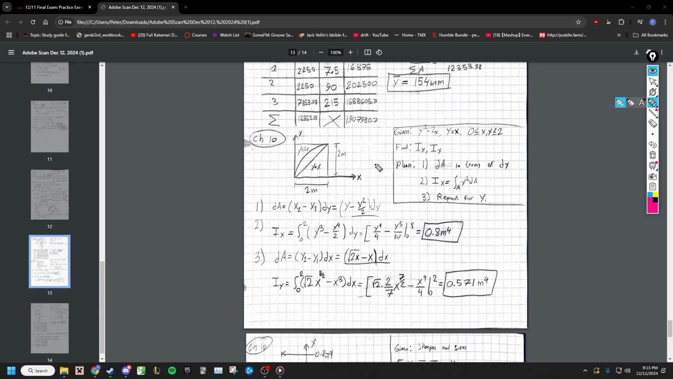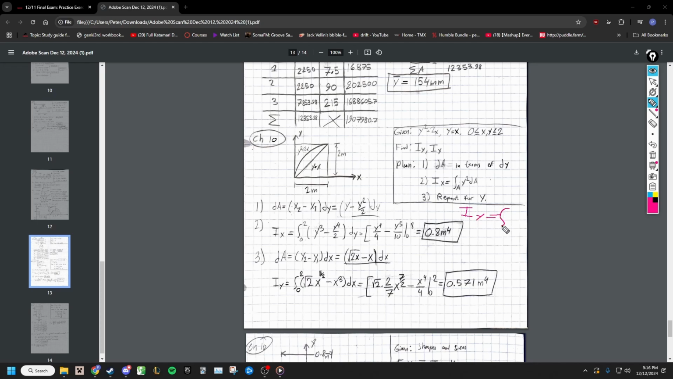In this problem, we're asked to find the moment of inertia with respect to the y-axis and the moment of inertia with respect to the x-axis, given the two functions y squared equals 2x and y equals x. And also given the fact that their bounds are from 0 to 2 in both dimensions. This is also a pretty straightforward problem. We're just plugging in this formula, we change it around for which one we're doing, so